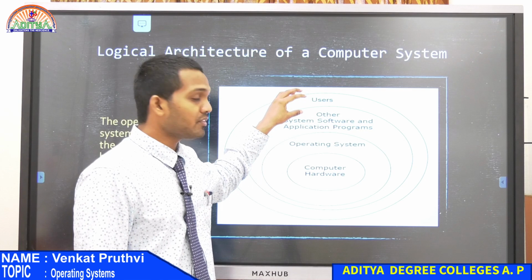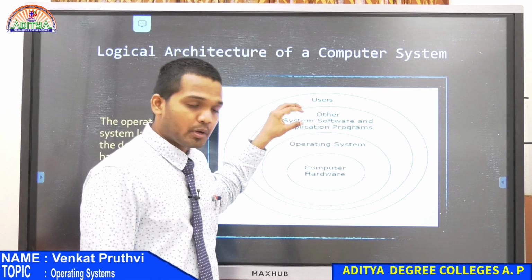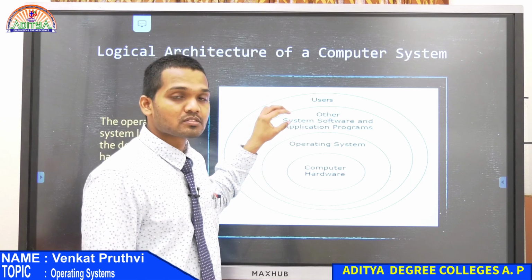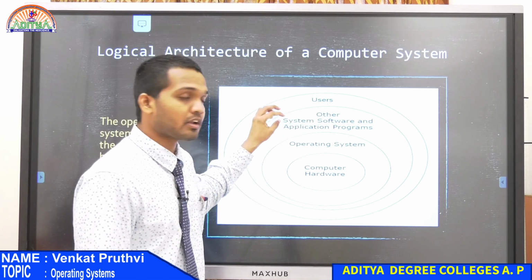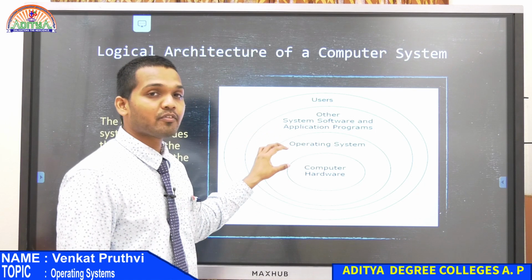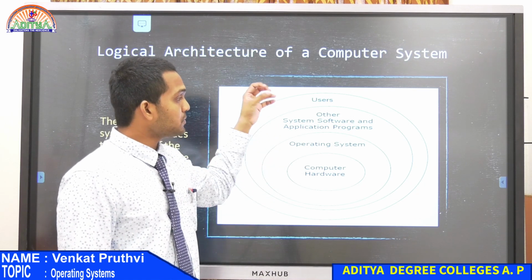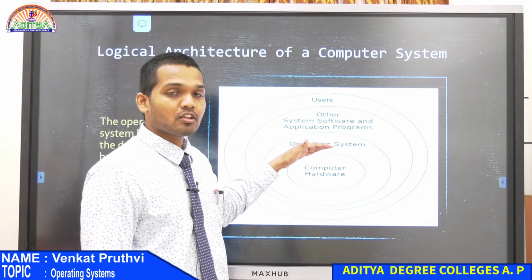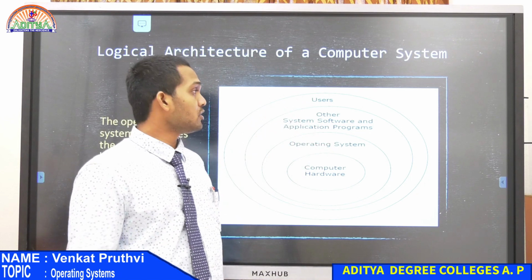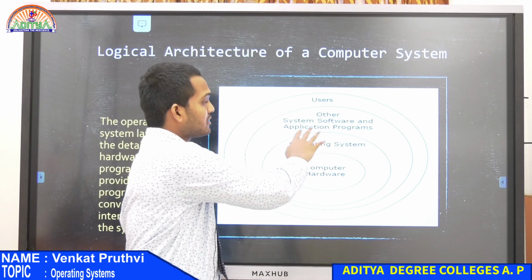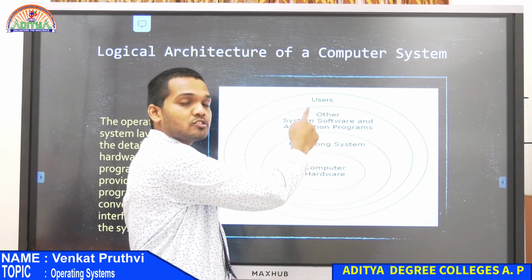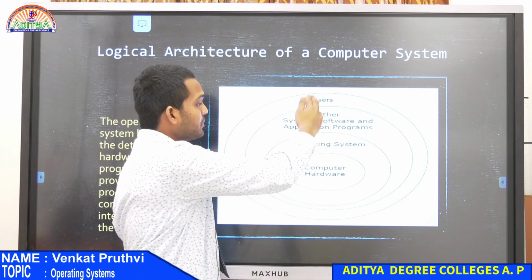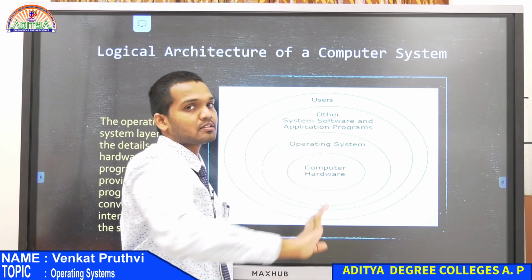When the user gives some task or process to the computer hardware from the system software or application program with the help of the operating system, the whole responsibility of the process is put upon the operating system by the user. The user selects some program and wants to perform a task or a process in this program. Now what he will do, he will simply assign that task or program to the operating system.